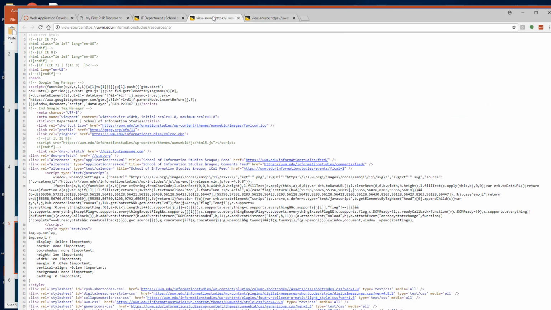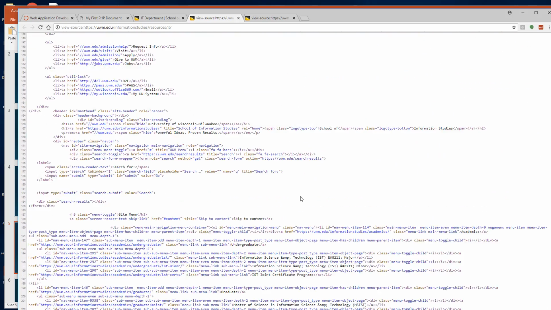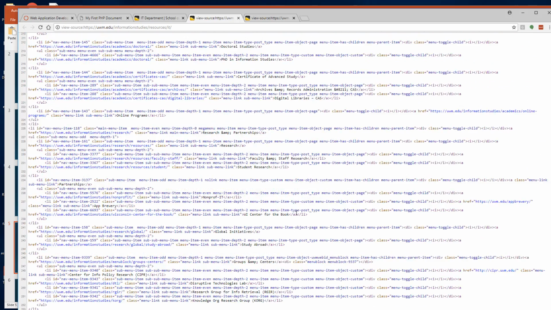So yeah, I definitely recommend looking at the source code of different sites if you're curious, like, hey, how did they get that table centered in that specific area of the site? You can look at the source code and try to figure it out. A lot of times you're going to find that a site's source code, especially from bigger, well-known sites like Google or UWM or Facebook, is going to be kind of a mess. There's going to be a ton of stuff in there because a lot of their site has automatically been curated or rendered. So there can be a lot of stuff that's kind of overwhelming,